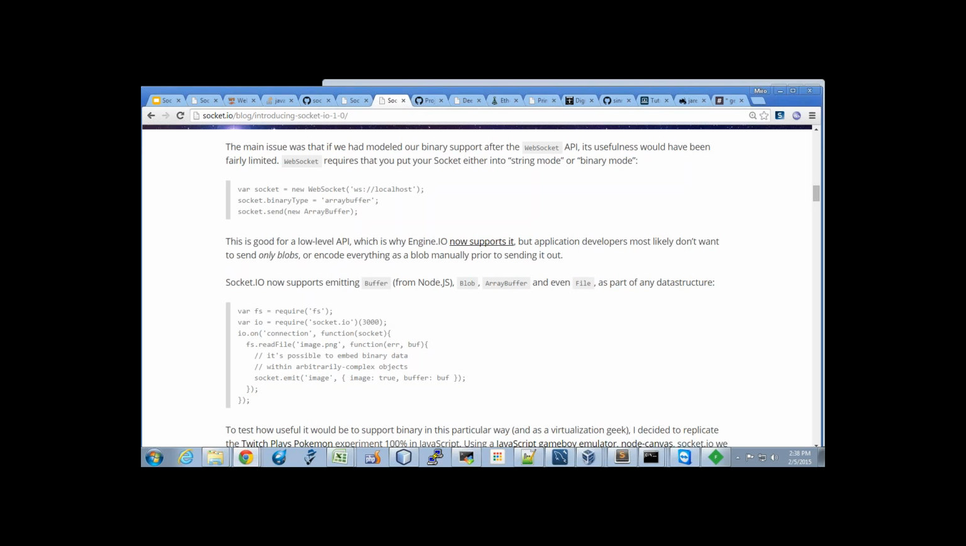And the binary support, which I found really interesting, you can send files. So in this case, they have a little snippet here. On a connection, you can read a file, or you can send it. So you can push images to your clients. And